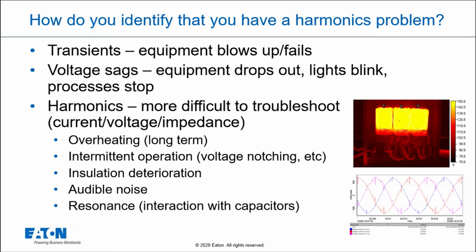As you look at the picture here, the transformer on the right, that's an infrascan of a transformer. It shows very high current distortion, very high heating. So if I have long-term overheating, then I likely could have harmonics issues. If I have intermittent operation, things that don't work correctly, as I mentioned earlier, PLCs locking up, I could have a harmonics issue. If I have insulation deterioration,